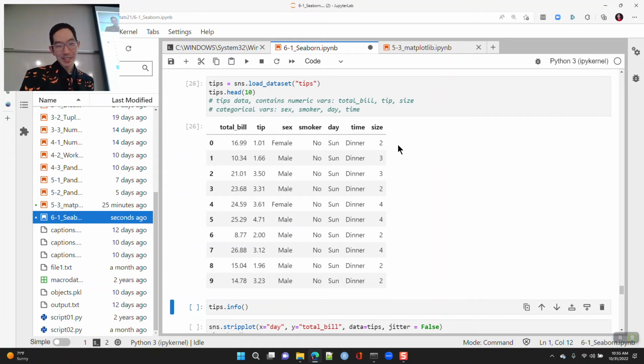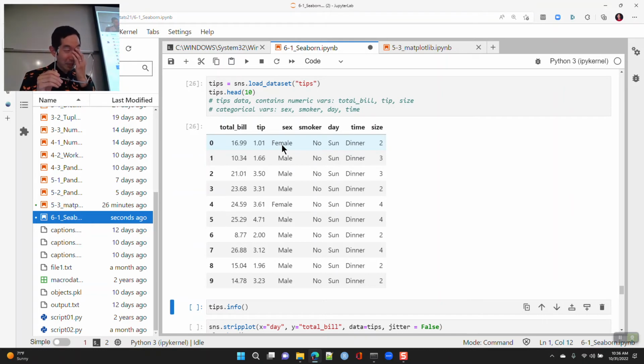This was a dinner for 2. The total bill was $16.99, and they left a $1 tip. And there's sex and smoker and day and time. It was for a restaurant, and they were collecting data for the different waiters, how much tip they got,